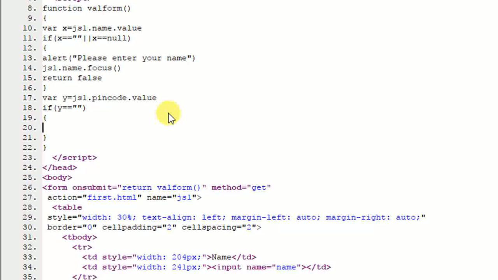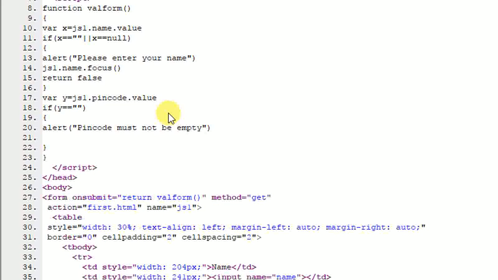So let us write alert, round bracket open, whatever message you want to give. Now pin code must not be empty, quotes over, and then round bracket close. And then I want my cursor to go on that particular text box. So I am going to write js1 dot, what is the name of my pin code? That is the pin code text box, that is pin code dot